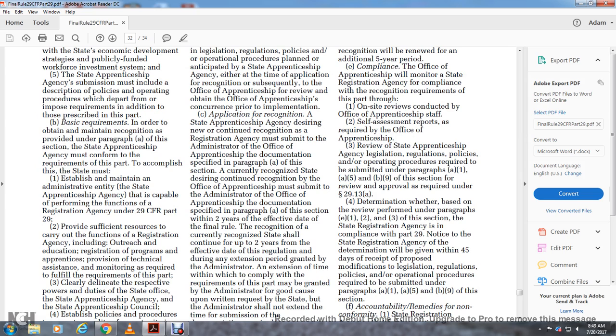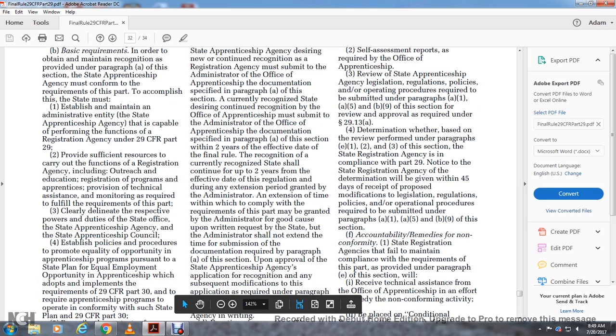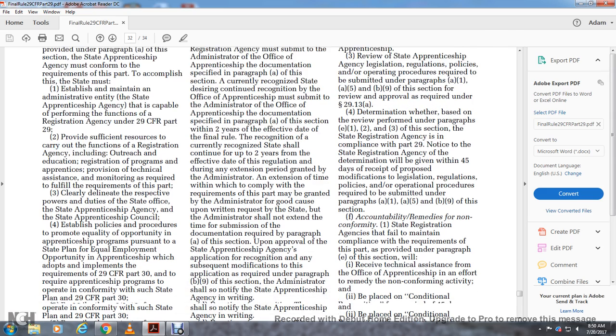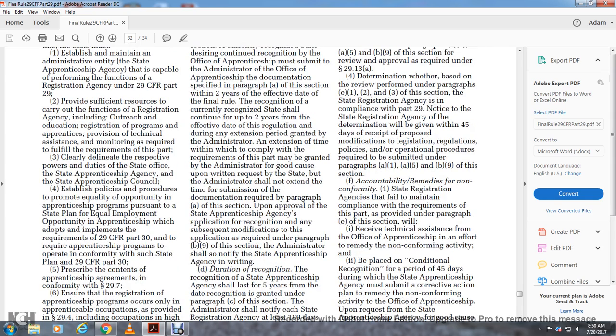Determine whether the state registration agency is compliant with Part 29 based on the review under the statute, paragraphs E1, 2, and 3 of this section. Note that the state registration agency determined noncompliant will be given 45 days to propose modifications to all legislation, regulation, policy, and operating procedures required to be submitted under paragraphs A1, A5, and B9 of this section. Accountability and remedies for nonconformity: